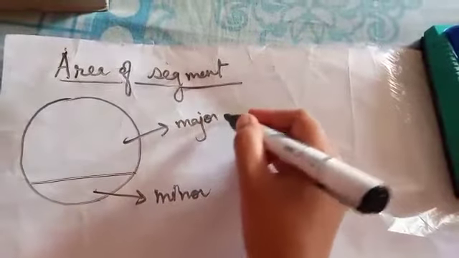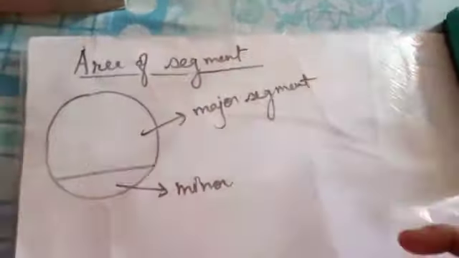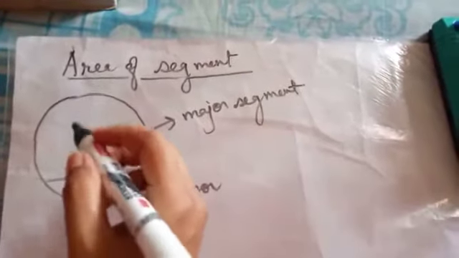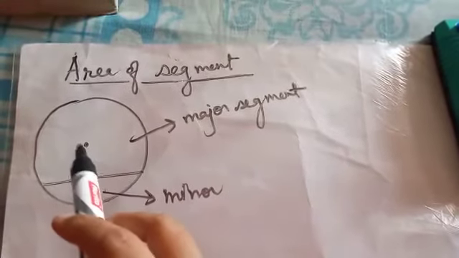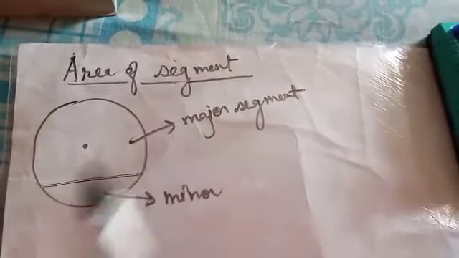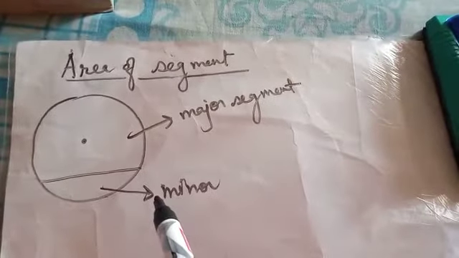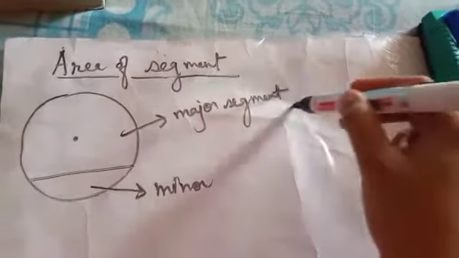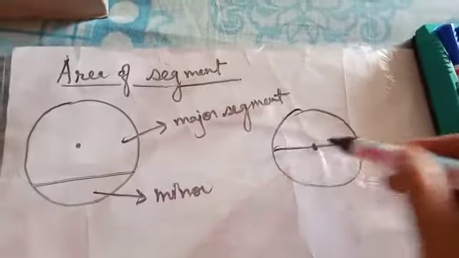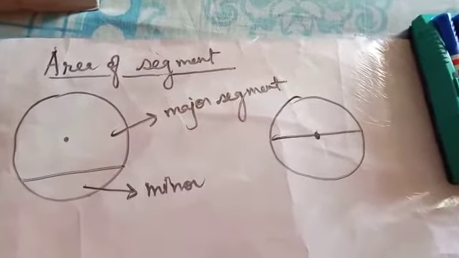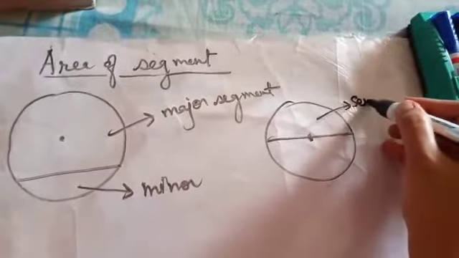Now, how do you decide it? We can visually see and find out which one is major and which one is minor. The other way of finding out is the circle's center is always contained in the major segment, and the one which is not containing the center of the circle is called minor segment. Now suppose if I draw a circle and make a diameter, this is also the chord of a circle. Now the two portions created are semicircle, so both of them are